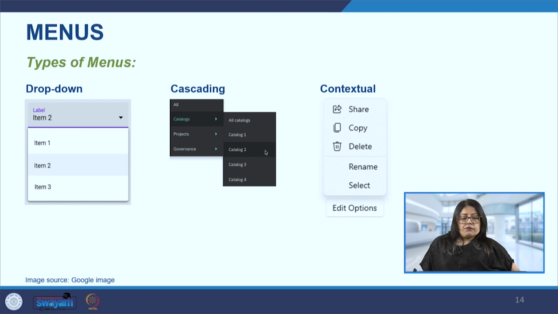And next we have the contextual menus. These are a type of pop-up menus that appear when the user interacts with a specific element, and they offer related commands. When we right click, say for example, on a word, it shows us more options like copy, cut, paste, or look for the definition, etc. These contextual menus are only active when we take a specific step like right clicking on a particular word or control.